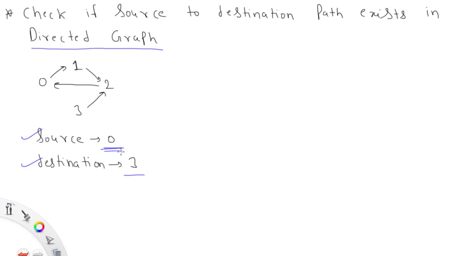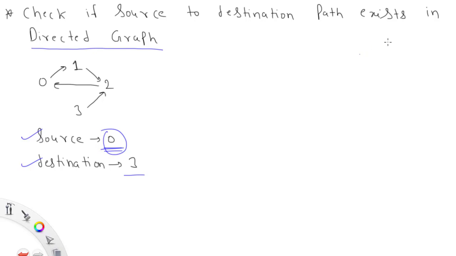So what we will do, we'll basically apply the DFS approach or depth first search on this particular source, whatever the source is, and then we will check how many indexes it is visiting. And after the traversal, if my destination's visited value is true, then I will say that there exists a path, otherwise there doesn't exist a path, right? So basically, as we know, DFS we can implement using a stack, or we can apply the recursive approach. As per your choice you can implement the DFS.